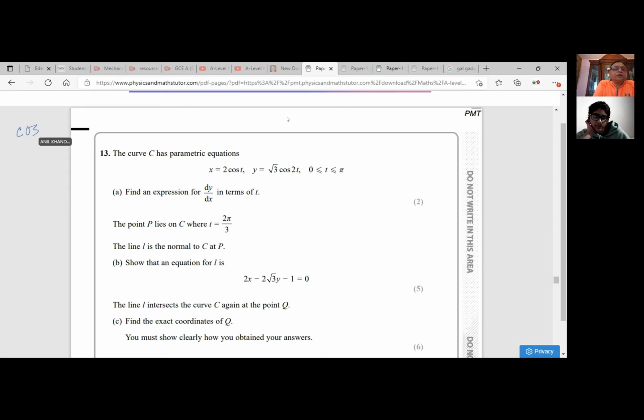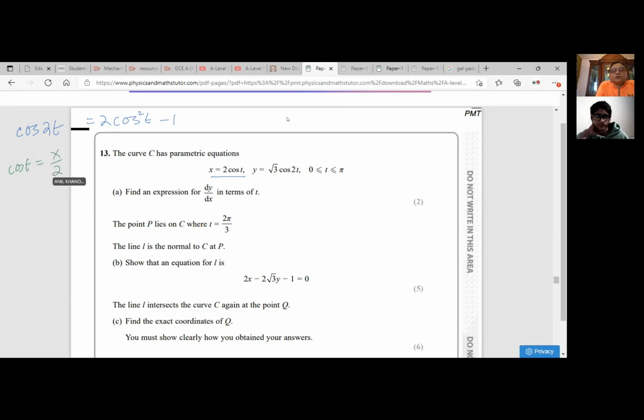Yes, because you remember the double angle formula? So what is cos of 2t equal to? Since you are given cos t, which is half x, let's write down what is cos 2t. Cos 2t in terms of cosine is equal to 2 cos square t minus 1. So instead of cos t, we can replace it with half x. From this equation, I could write that cos t is equal to half of x, x by 2, correct?